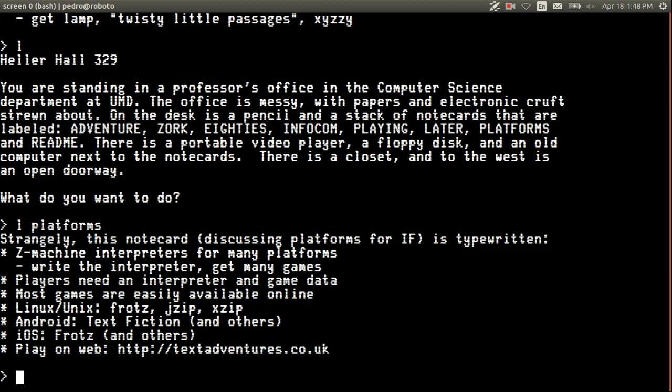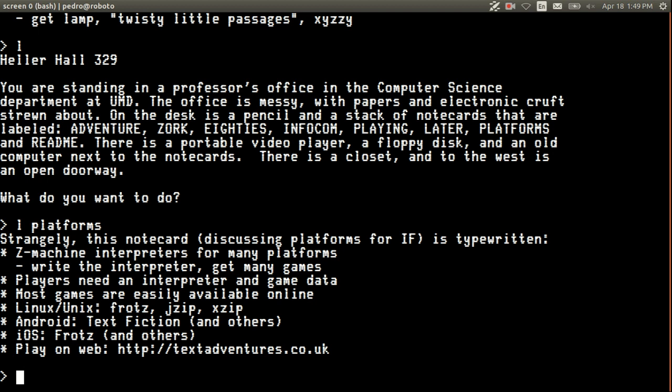So the platform, one of the ways that Infocom interactive fiction worked on all of these different home PCs at the time. They were all different hardware, different processors in many cases. And so the way that Infocom did it is they made a virtual machine called the Z machine, and their games were run inside the Z machine. So all of their games ran inside their Z machine.